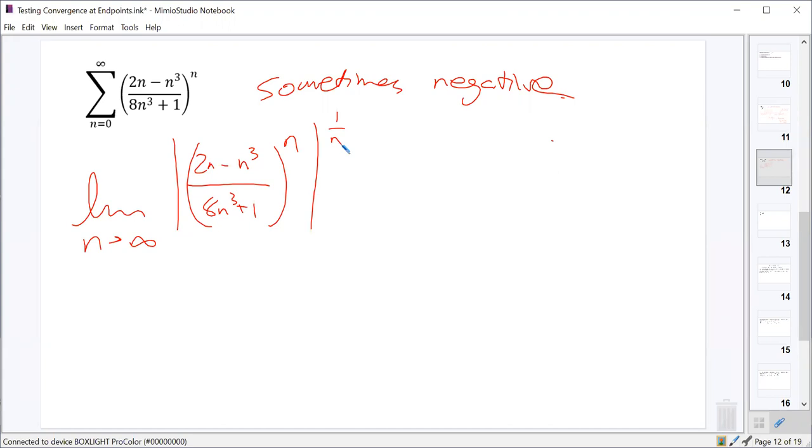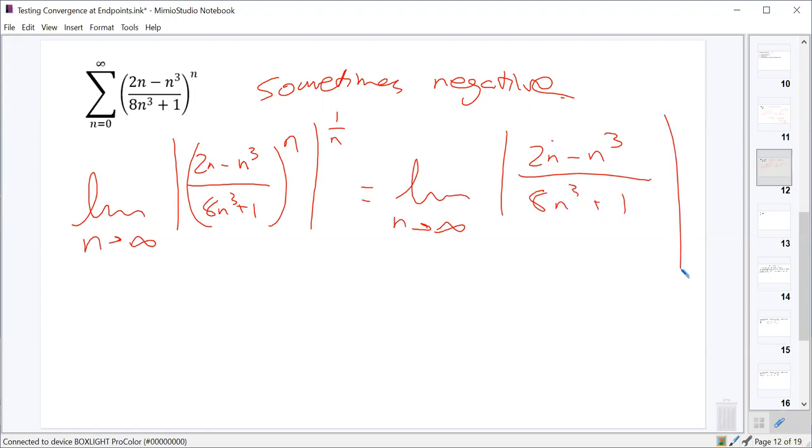And what can I do with that? The n to the 1 over n conveniently will just disappear, right? It cancels out. So we've got the limit as n approaches infinity of the absolute value of 2n minus n cubed over 8n cubed plus 1. And that gives us a limit of negative 1/8, which is